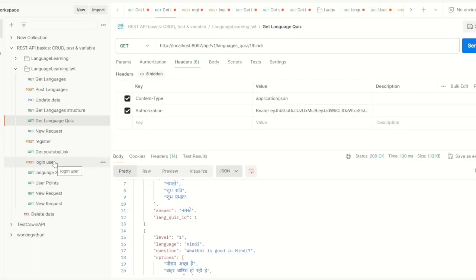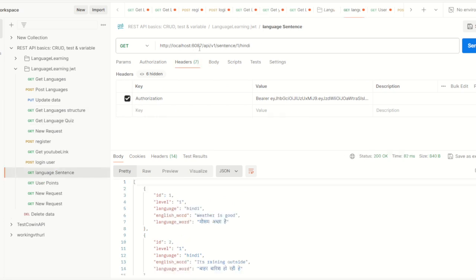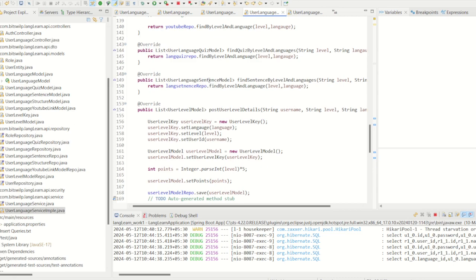And a final API which I worked on is the language sentences. This language sentence API works in a similar way. It checks through the API in the controller, and if the controller is available with that API,